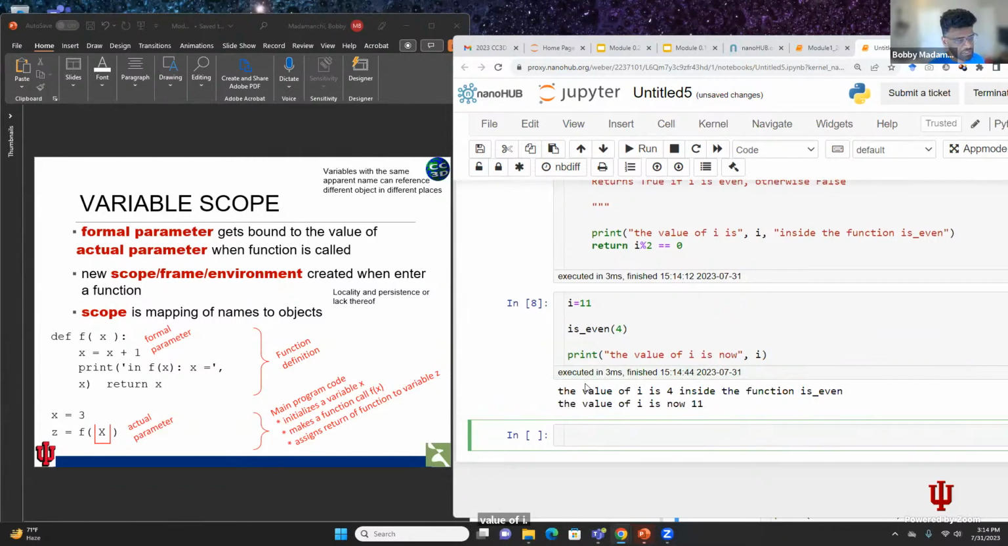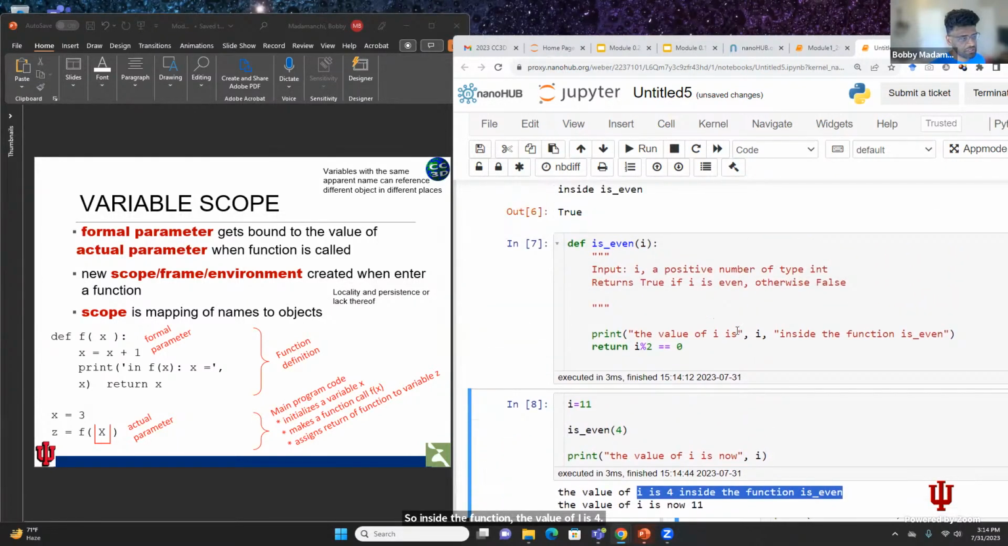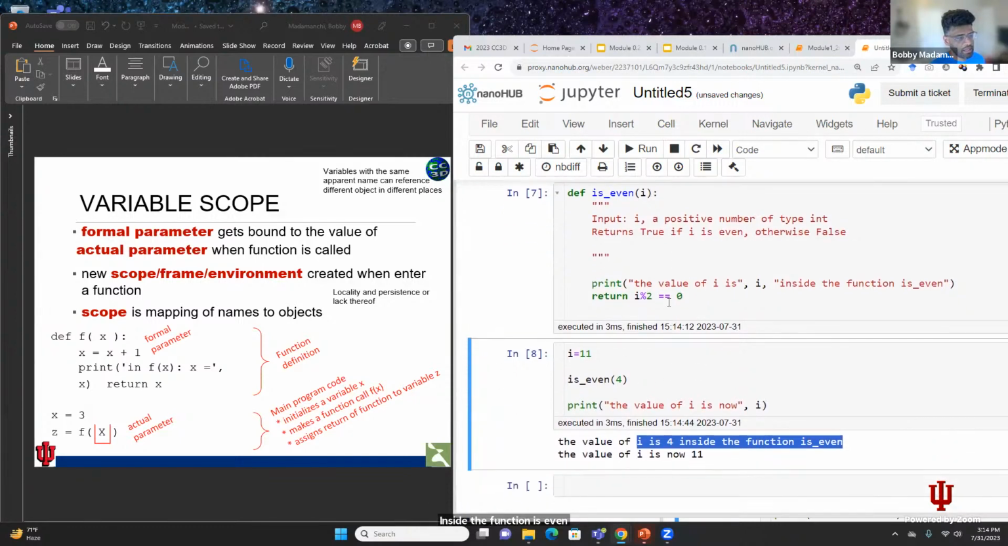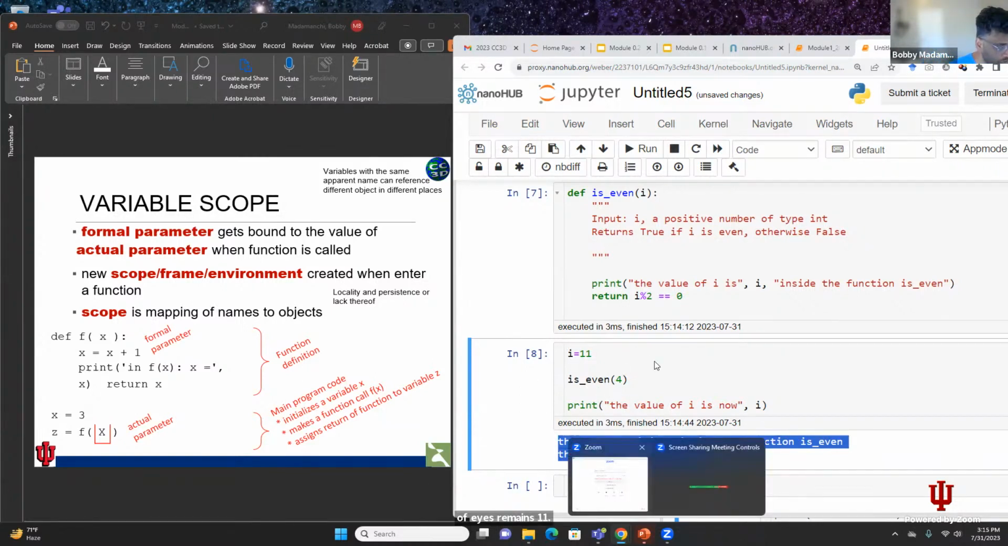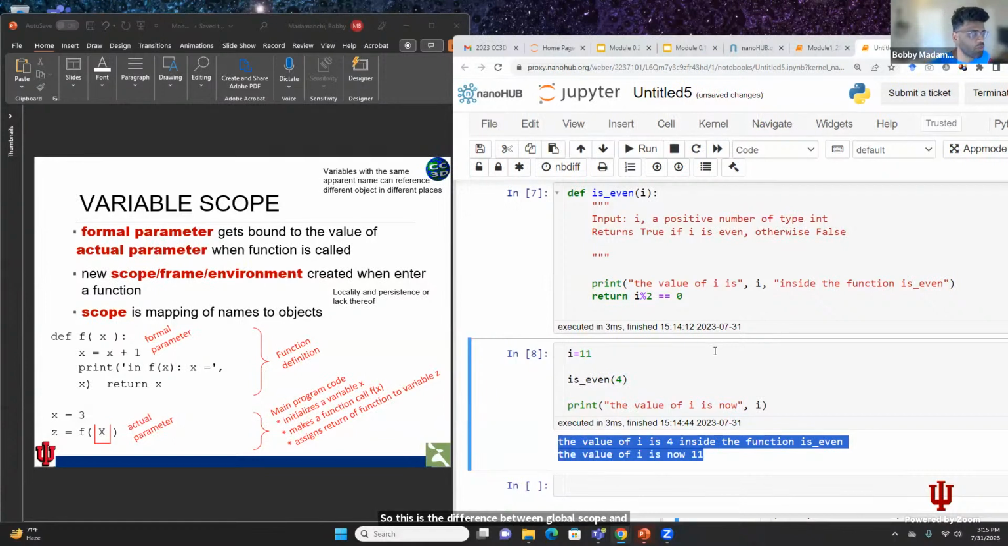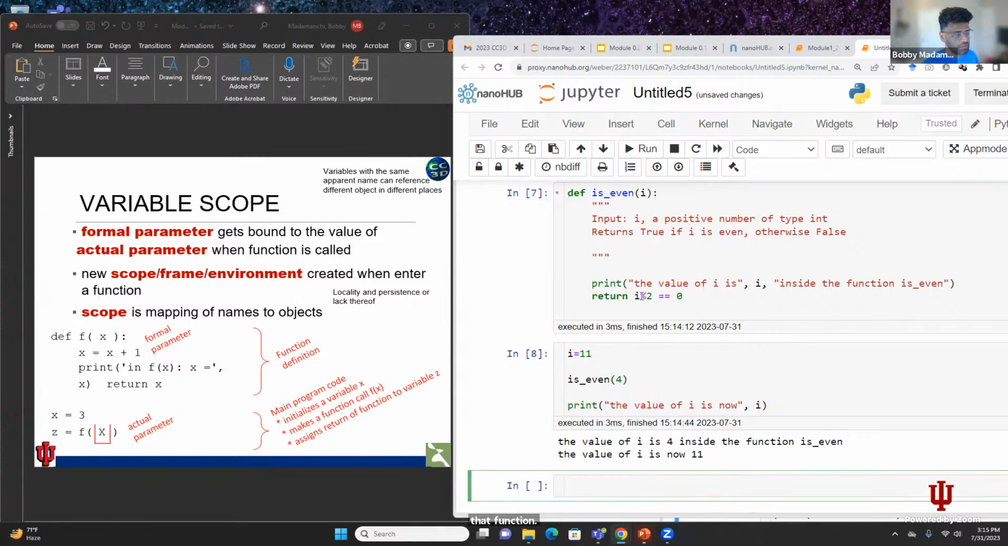So inside the function, the value of I is 4. Inside the function is even. But outside the function, the value of I remains 11. So this is the difference between global scope and local scope. What happens inside that function, all the variable names inside that function only apply inside that function. So we can, if we define another function,